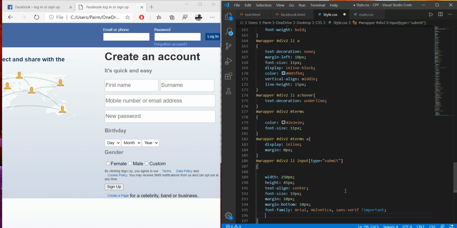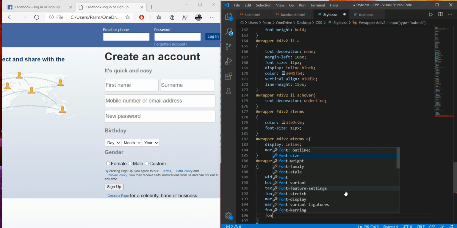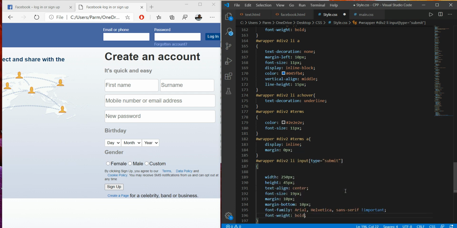Then I have to give font weight bold, again I want it important.